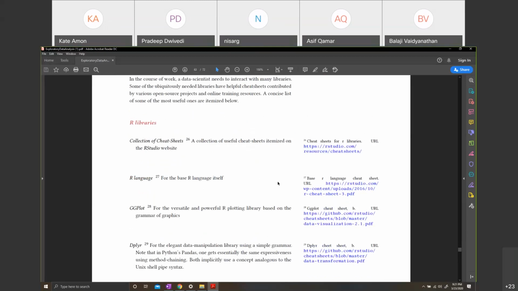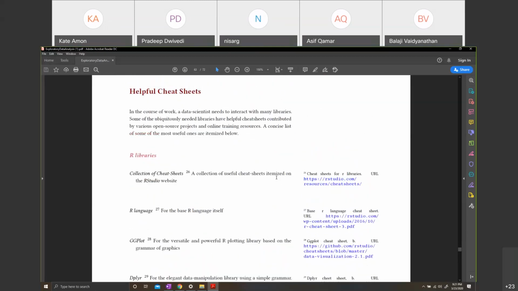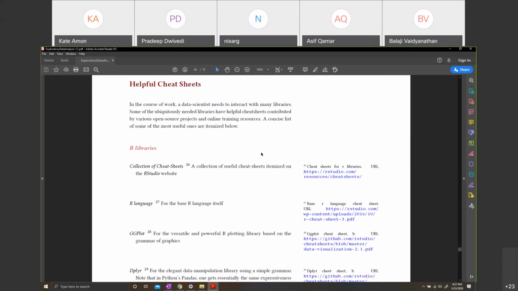Now, and then we are done, guys. Another thing, some helpful cheat sheets. You're entering a vast world of data science. It helps to have some good cheat sheets. Now, there are many, many cheat sheets. I'll give you a way that I recommend. When you're learning this, print out these cheat sheets and just put them on your wall or paste them to your table. So whenever you need it, you can just directly look at it.